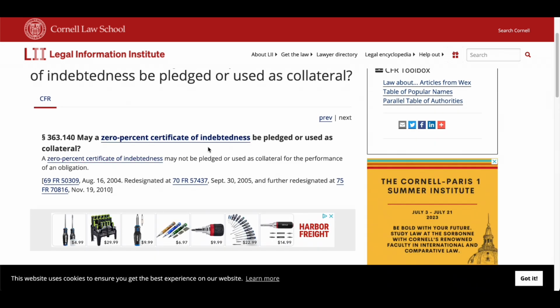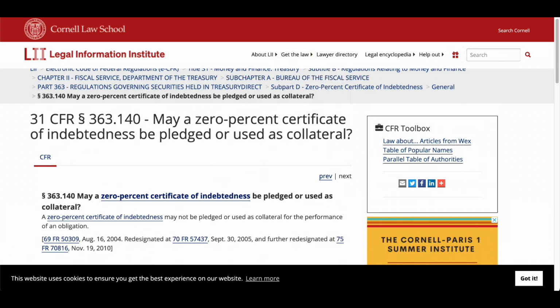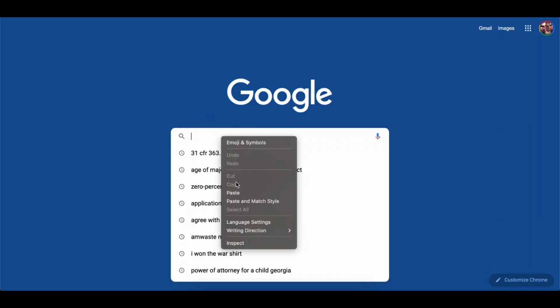May a 0% certificate of indebtedness be pledged or used as collateral? That's a good question. Say it may not be pledged or used as collateral for the performance of an obligation. Okay, that's it for them. That's it on that. Now let me see what this means.